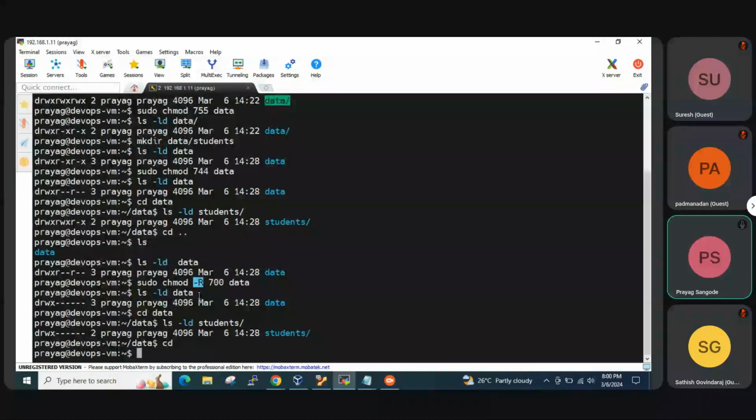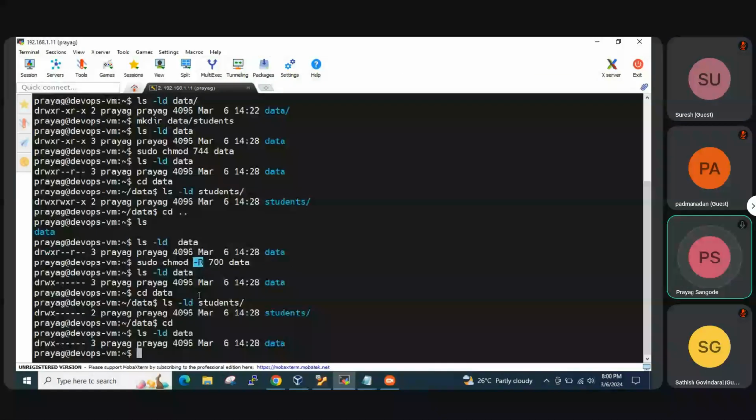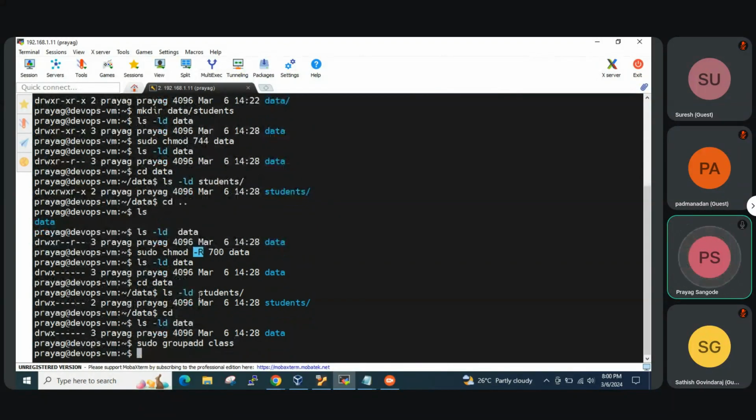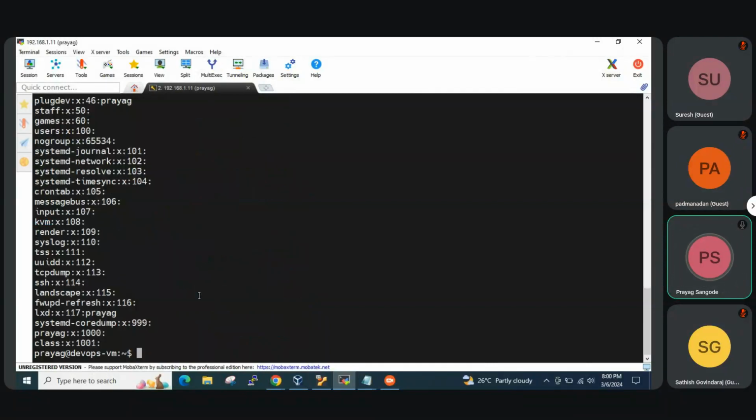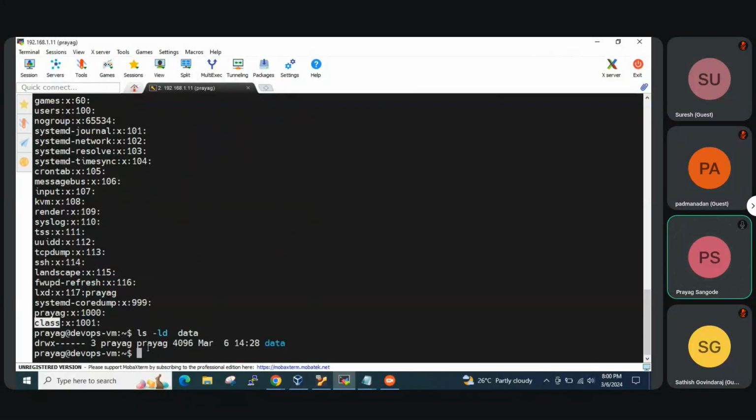Now let's learn the next command, and that is chown. For that, let's first create a group. sudo groupadd class. Again, cat /etc/group. Okay, we have a group called class. ls -ld data. Now I want that the data should be owned by the class group. So what I'll do is sudo